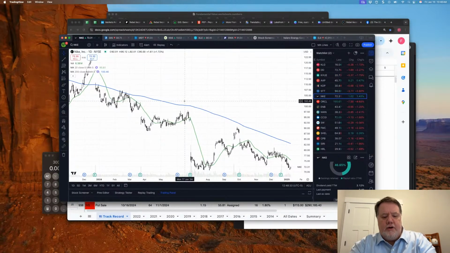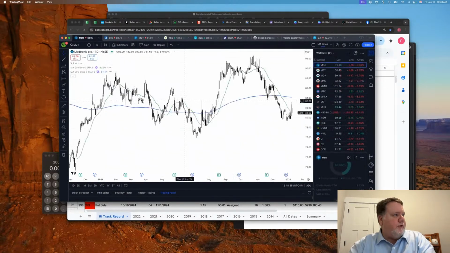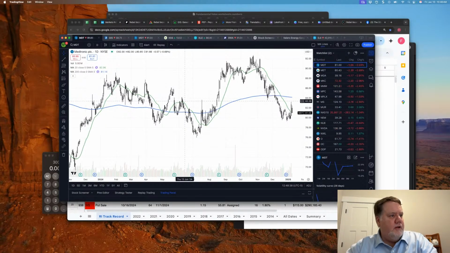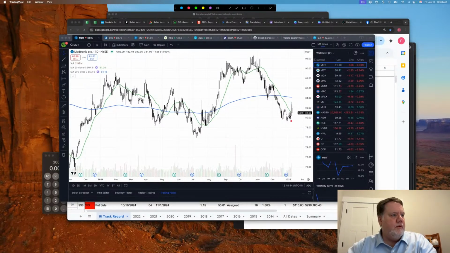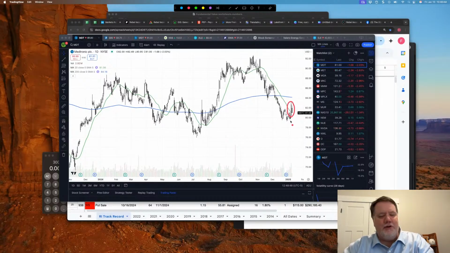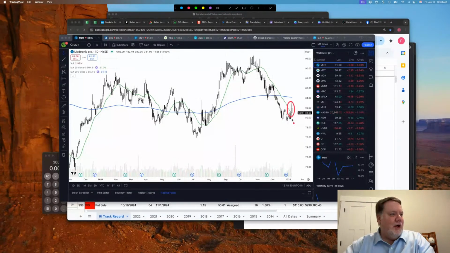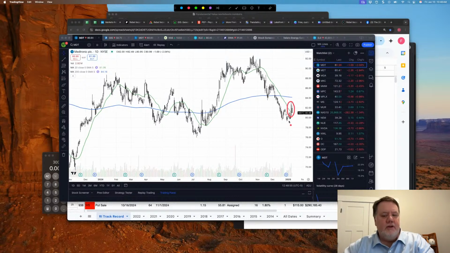Even though the trading alert came out with a different strike at 80, this was Wednesday's price action. When I went to place the trade, there was this great big bullish engulfing candle, and so I adjusted my strike price quite a bit in order to get into that one. And so it's at 80.99 right now.